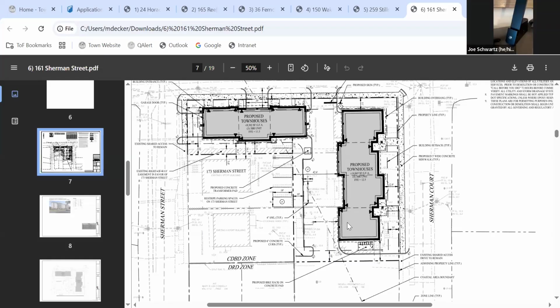And is there any possibility to make the setbacks conforming? What would that do to the rest of the project? Well, you've got to remember, what's also unique about this is it has frontage on 3 streets. So we don't want to bring the 0 setback, which we can do at 0 or 10 feet, to the street side. And you really can't do it on the street side because you've got another corner. So the only place to put it was the rear of the 3 units.